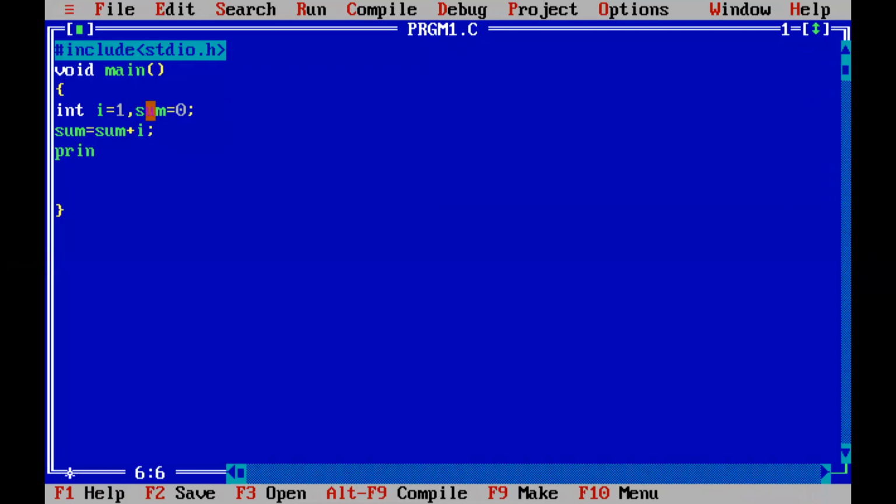Then if I am just printing without a loop, if I am executing this program, what will happen? It will be printing only the value of sum which exists. What is the current value of sum? It will have only the value 1, right? We just added 0 plus 1. So sum will have the value 1. So if you are running this program, this sequential execution will just print the value of 1, right?